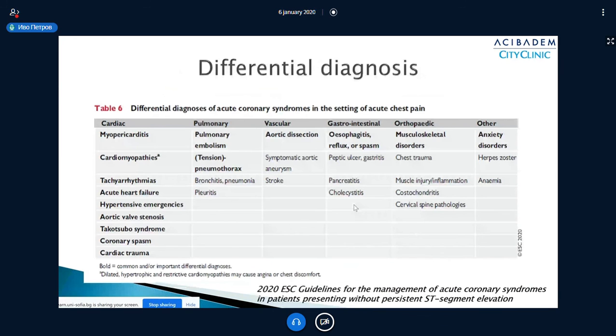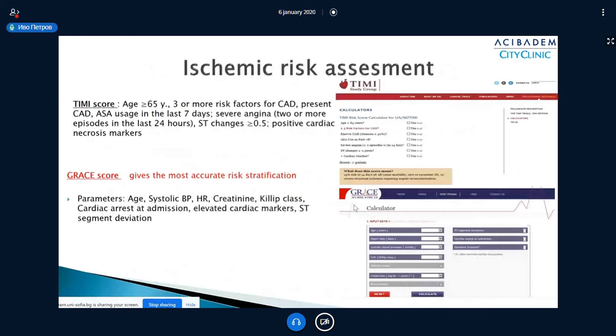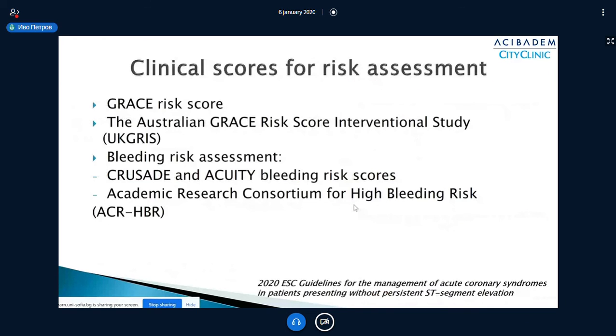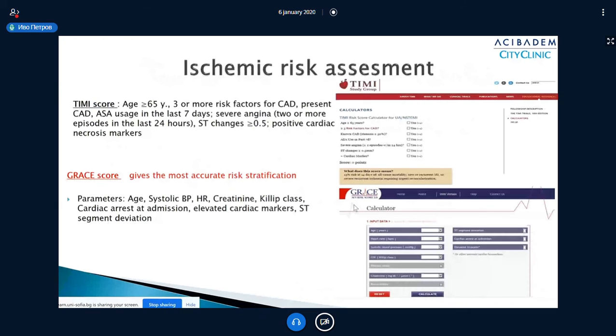So let's say these are the scores. Of course, there are several risk scores, but all of them, in fact, emphasize instability in the clinical situation, changes in the ECG, in fact dynamic changes in the ECG, and dynamic changes in